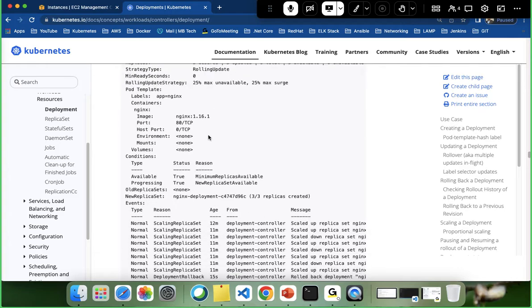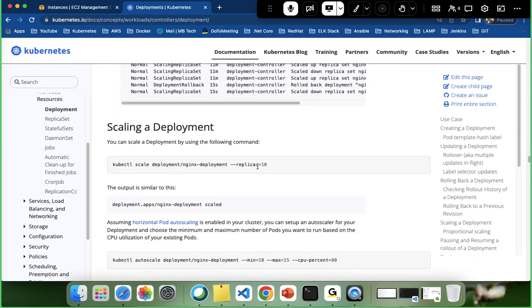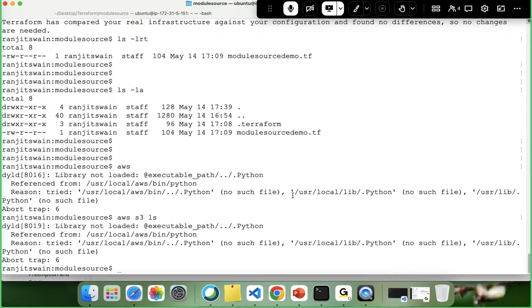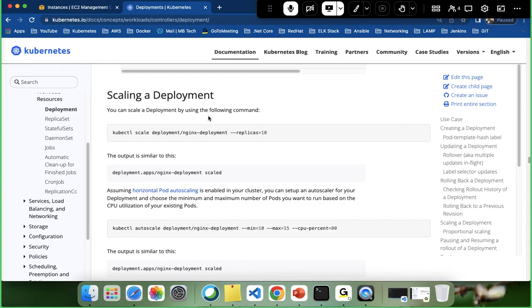They have lots of things available here with commands. We can also scale a deployment. Suppose we have three replicas running and there is a sudden demand, and we immediately need another three replicas added. We can do it on the command line itself using kubectl scale, then the deployment name, and the number of replicas you want. The command is kubectl scale. Let me log into the